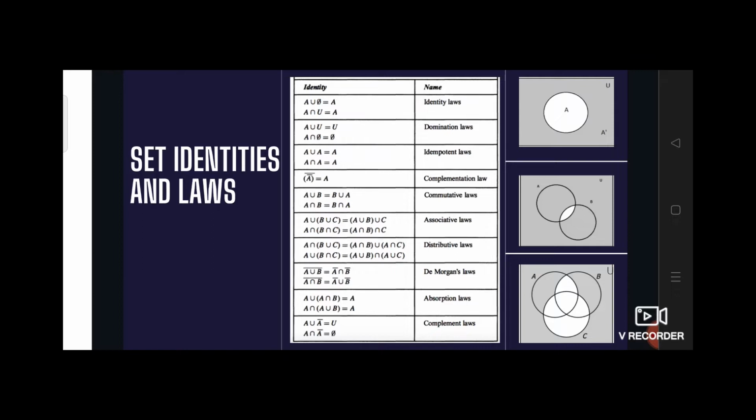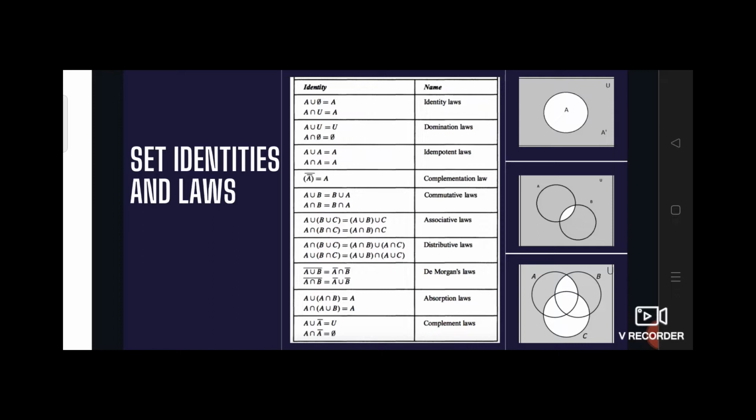And coming to the distributive laws, these laws show how distribution is done when both union and intersection are present. So A intersection (B union C) is equal to, first we apply the intersection to A with B and C, and then we take the whole union. Similarly, when union is outside, A union (B intersection C), the union is applied to B and C, and then we take the intersection of them.